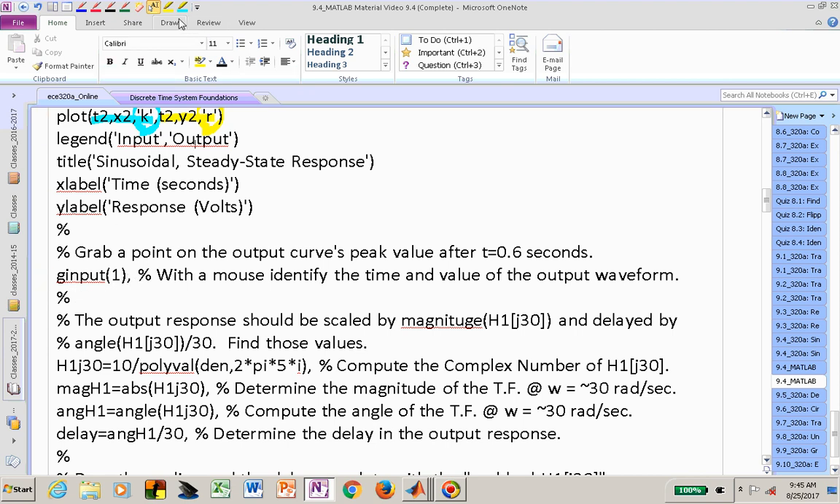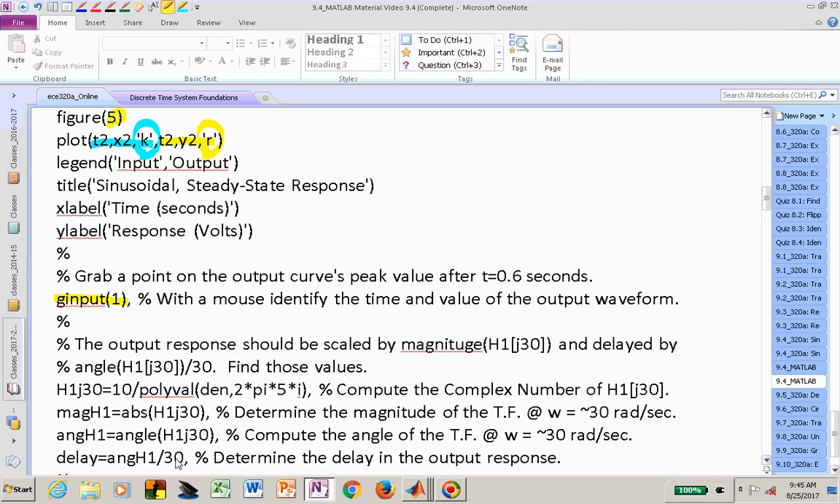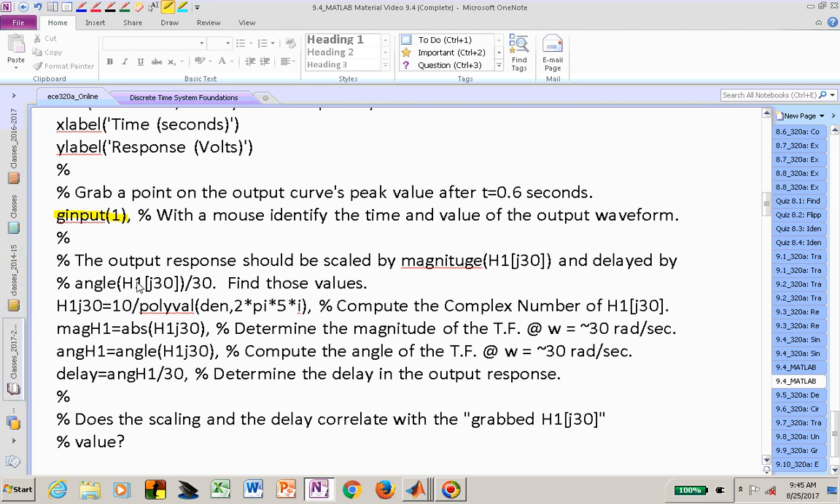What I did was I actually went ahead and obtained a graphical input from the last figure window, which was figure window 5, and from that point I was able to determine what the magnitude and angle was, if I did a good job of identifying that. Then I went ahead and found those values analytically. I evaluated the polynomial of my denominator at the frequency 30 roughly, which is j, the square